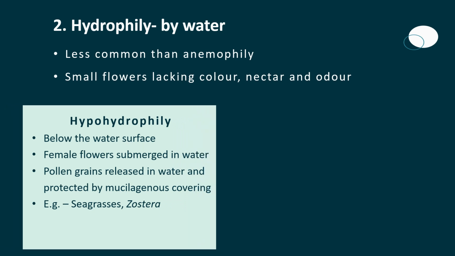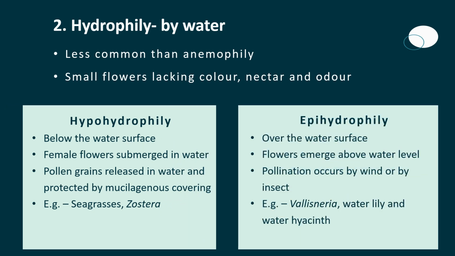Hydrophily is pollination taking place by water. It is less common than anemophily and is rarely observed among flowering plants. The flowers are small and they lack color, nectar or odor. There are two subcategories: